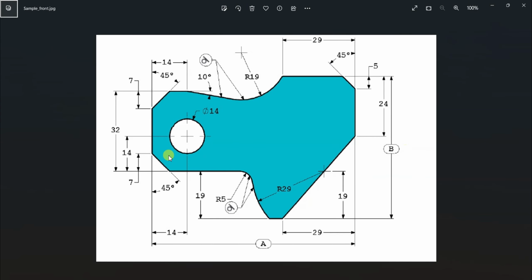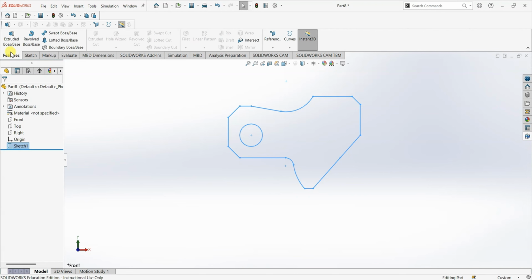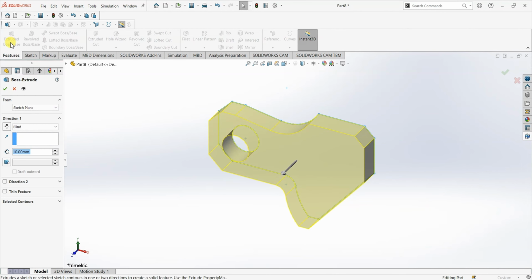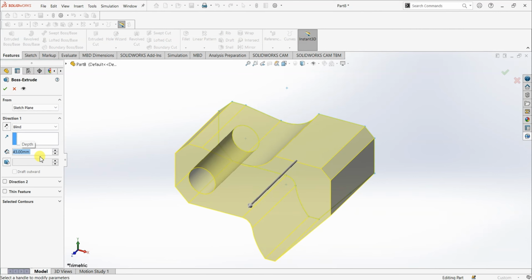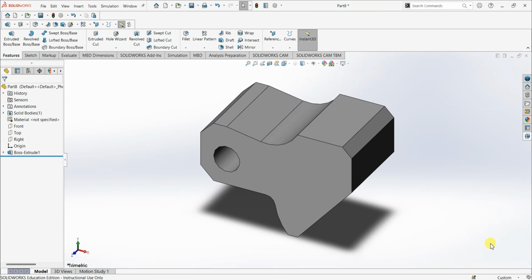Now we have the fully defined sketch. What I'm going to do is use extrude boss or base feature to create this, and C is 43 mm. Extrude boss or base, and C, as you can see, it is 43. Click on OK. Now go to trimetric view. So we have the design here, the same one,